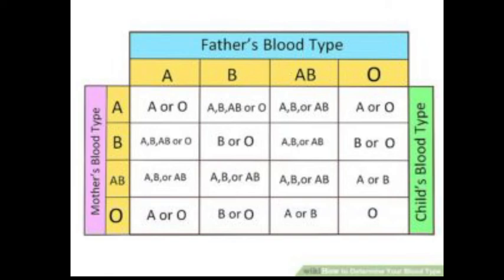ABO blood types are an example of multiple alleles. A well known example of multiple alleles, the ABO type of humans, was given by Karl Landsteiner. Karl Landsteiner in 1900 discovered that the blood cells in all persons are not alike, and hence clumping or aggregation occurs on mixing the blood of certain persons. He grouped blood under 4 categories on the basis of the type of substances known as antigens found on the surface of red blood corpuscles. Antigens are of two types, A type and B type. When A type antigen is present, the blood group is said to be A, and when B type is present, it is said to be B. When both the antigens are present, it is said to be AB, and when neither is present, it is said to be O.